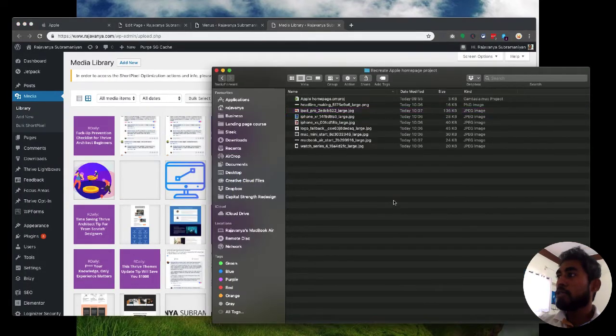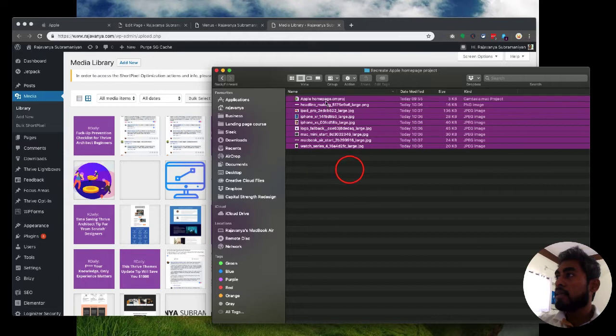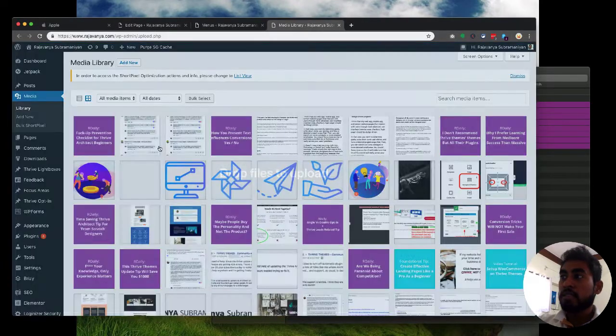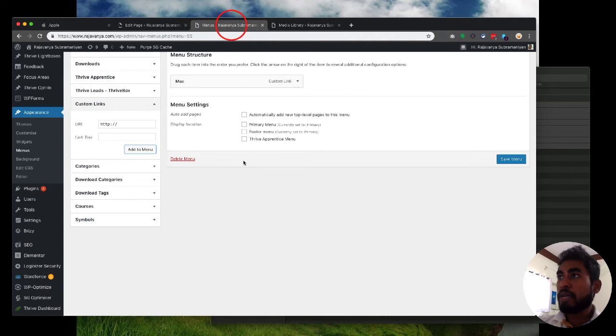And on the media library, let's see if it's still all loaded. Yes, it's all loaded. I'm going to just drag and drop this entire PNG list. So let this keep loading on the side. Let's go back to this: Mac,